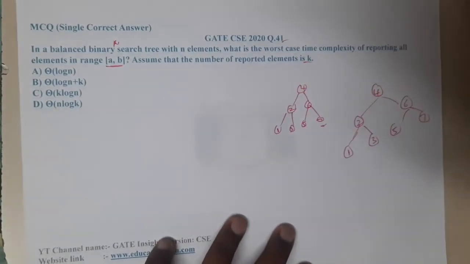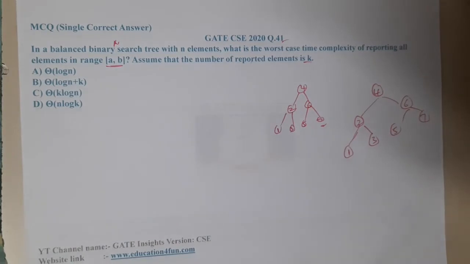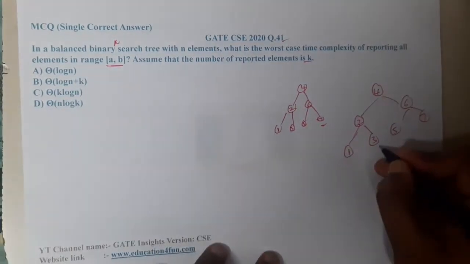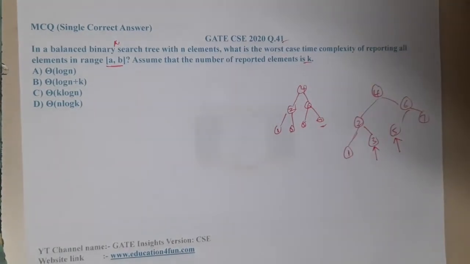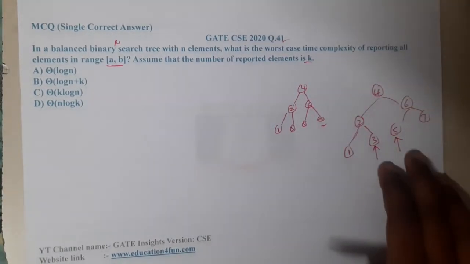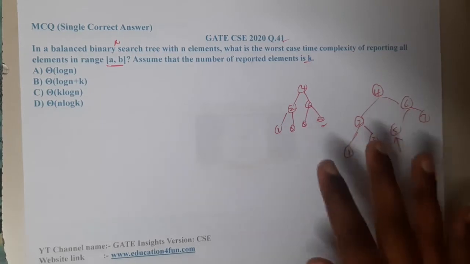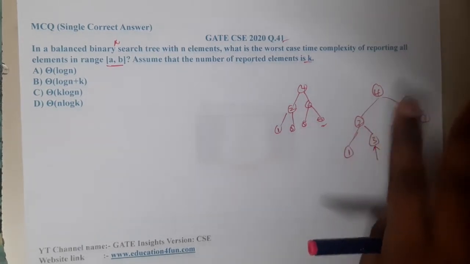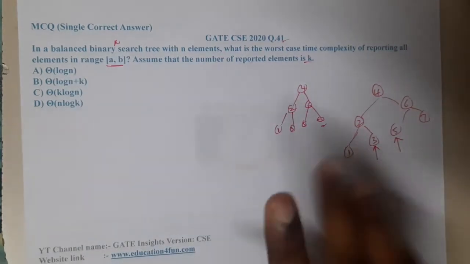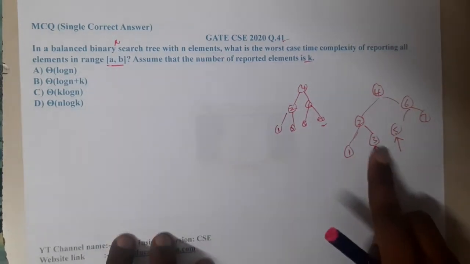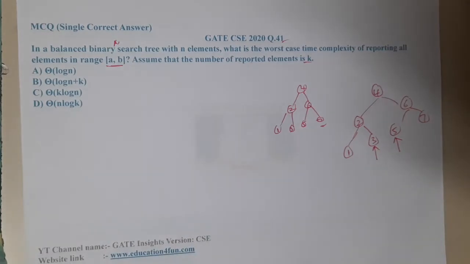Now the question is, they will give you a range, that is nothing but A and B values. Assume that 3 is our first value and 5 is our second value. Once you get those values, you need to print or do something on the values in between them, in the range of A and B. So what is the first thing you should do? You should find the location of 3 and 5, right? How can you find it?